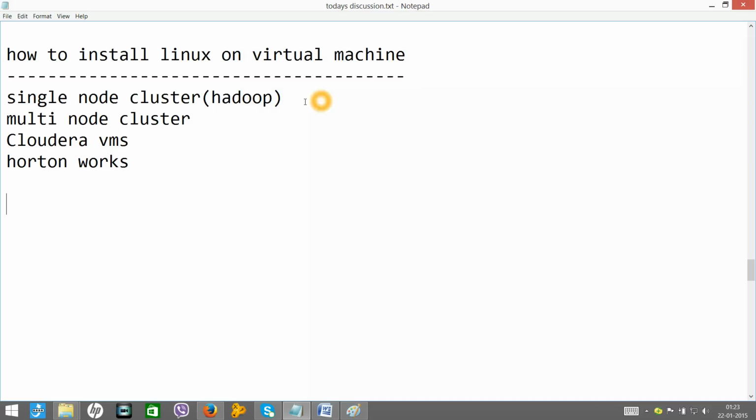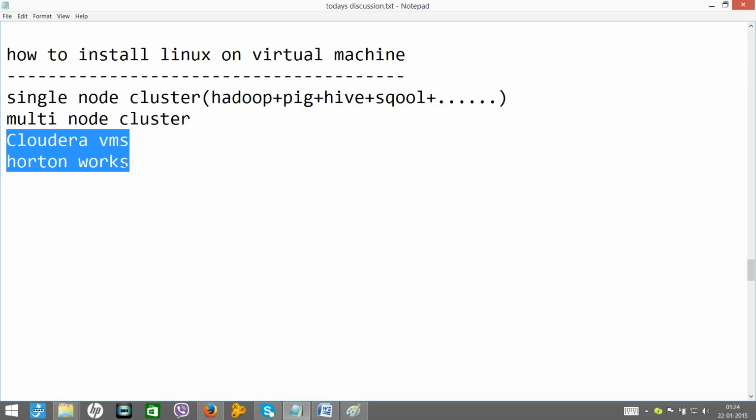Later, on this Hadoop machine, we will also install Pig, Hive, Sqoop, etc. We will see how to manually configure them and what configurations we need to take care of. We will do a complete setup on a single node cluster and on a multi-node cluster. We will work on Cloudera machines and on Hortonworks machines as well.